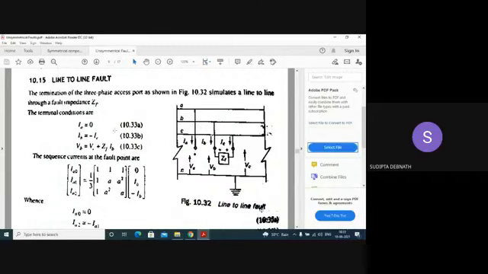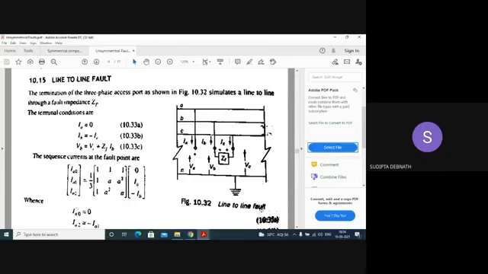So IA equal to 0, no fault, IB equal to minus IC. What is VB? VB will be VC plus IB into ZF. That is, VB equal to VC plus IB into ZF. Now, this is the original equation. Instead of IA, IB, IC, we are putting 0 for IA, IB as IB, and IC as minus IB. So what is IA0? IA0 is 0 plus IB minus IB. So automatically it is becoming 0.